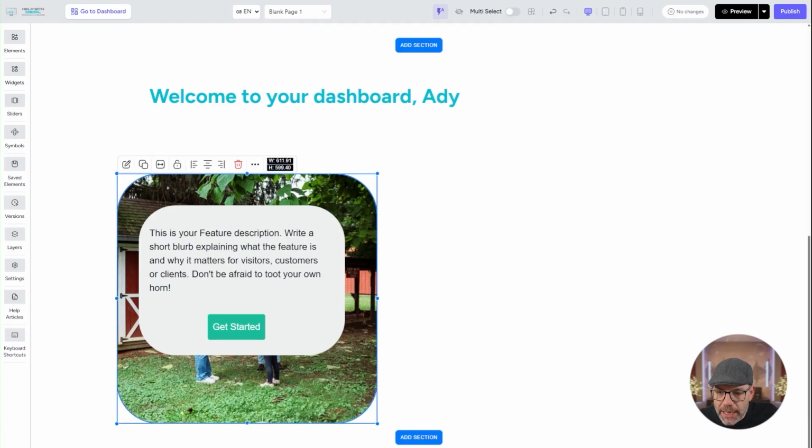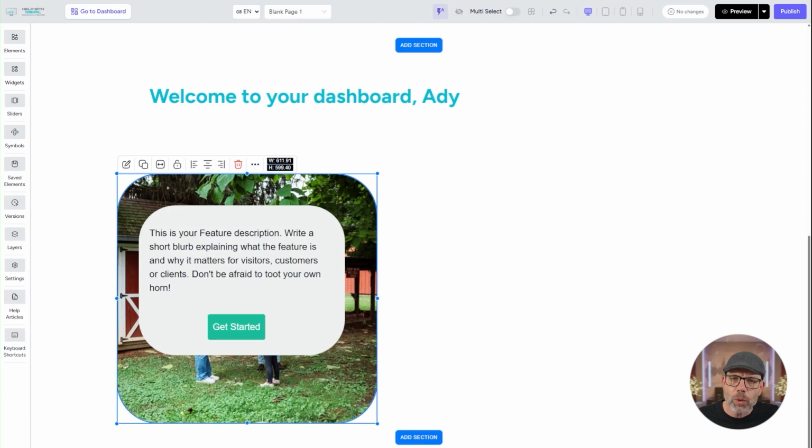You can save elements that you want to use lots of times in the design of your Easy pages, and in this tutorial I'll show you exactly how to do that. So let's say I want to save this element here, which is a box that contains various different elements,